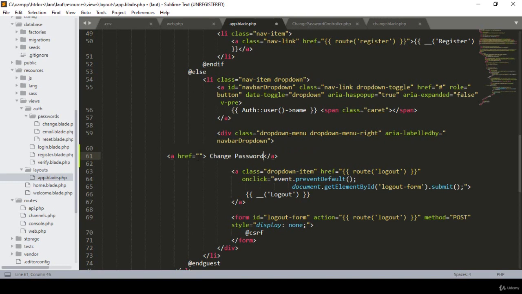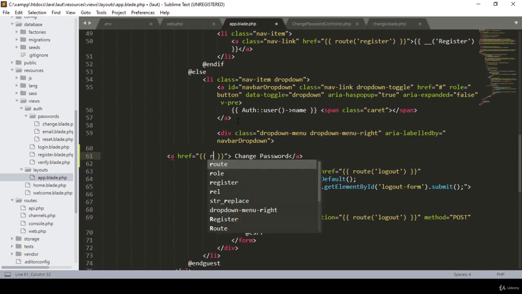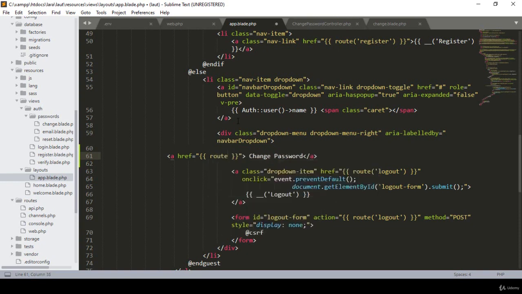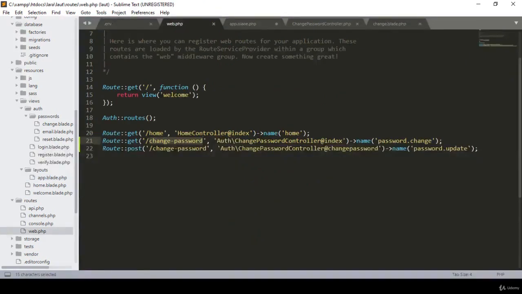Okay, I'm defining the change password, and here I also want to define a route for this one. First of all, you have to define the double square brackets, and at that position I define that route. Okay, I just defined that route, and here I define it as I already created